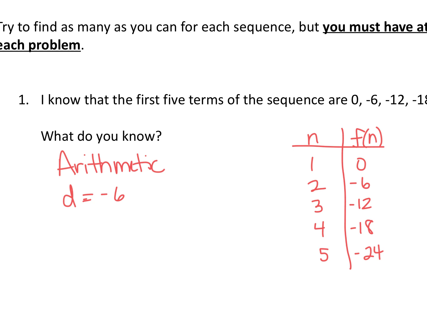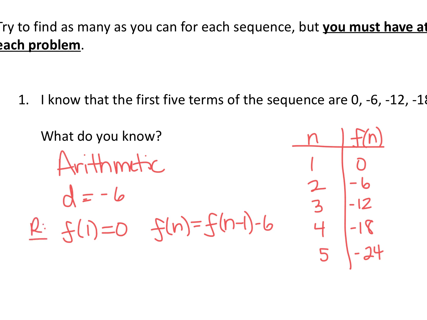So it always starts with where we start. So f of 1 equals 0. And then next, that's f of n is previous, f of n minus 1. And then we have our pattern at the end, minus 6. Okay, so that is recursive. Explicit,